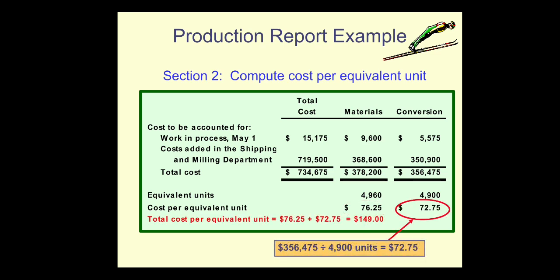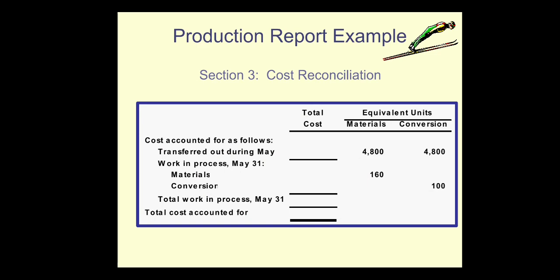And then total conversion cost divided by the equivalent unit for conversion, you will get the cost per equivalent unit of conversion. So total cost per equivalent unit is equal to $76.25 plus $72.75 equal to $149 for this sample question. Okay, that is the